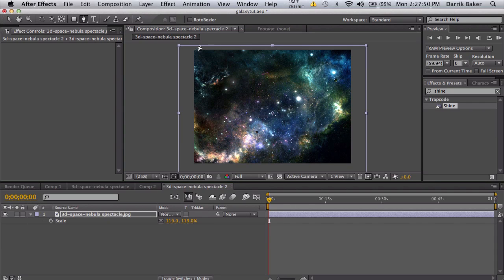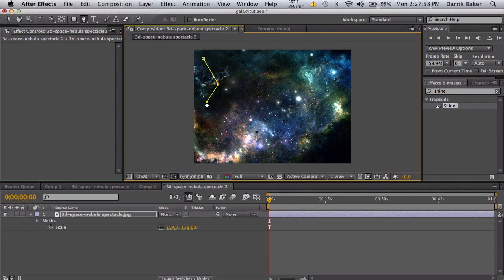And I need to make some random feathering around the edge so it blends in to the picture in our nebula. So I'm just going to do some random zigzaggy,